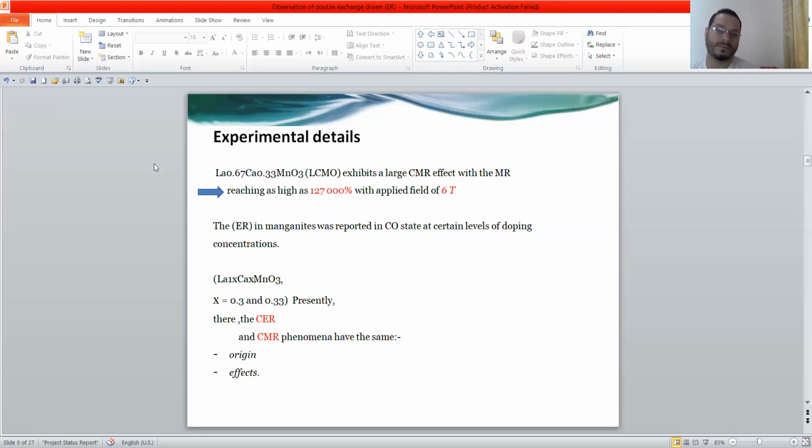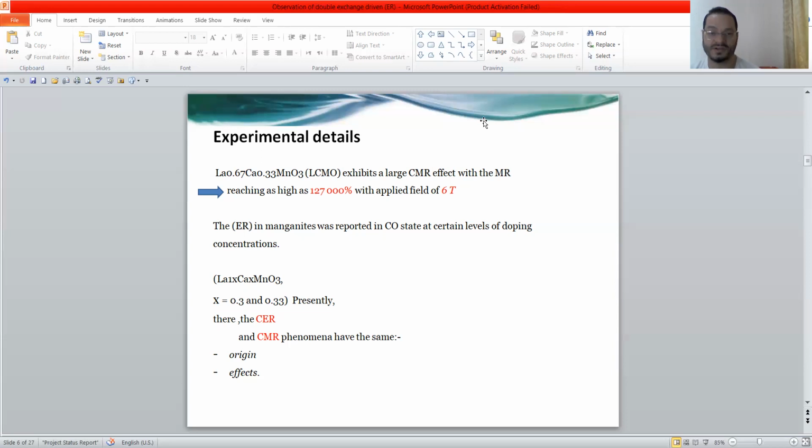Now we come back to our structure. The author worked on the structure, and after that started to write all of this information. Here, LCMO exhibits a large colossal magnetic resistance effect, with the magnetoresistance reaching as high as